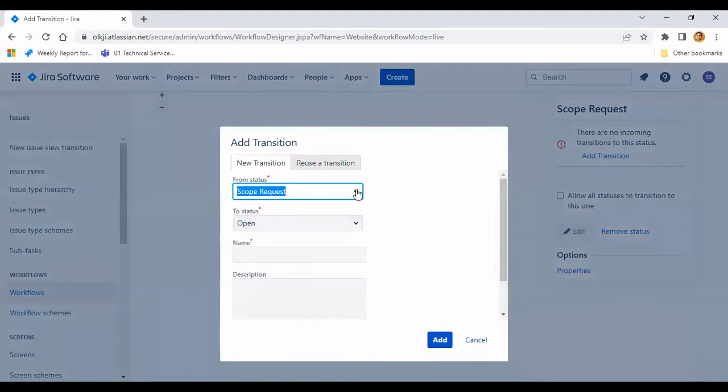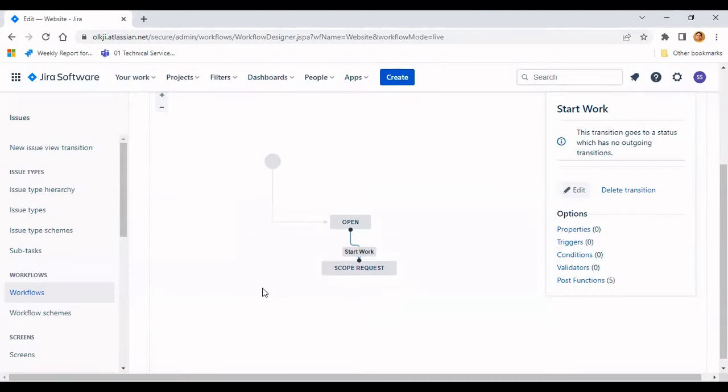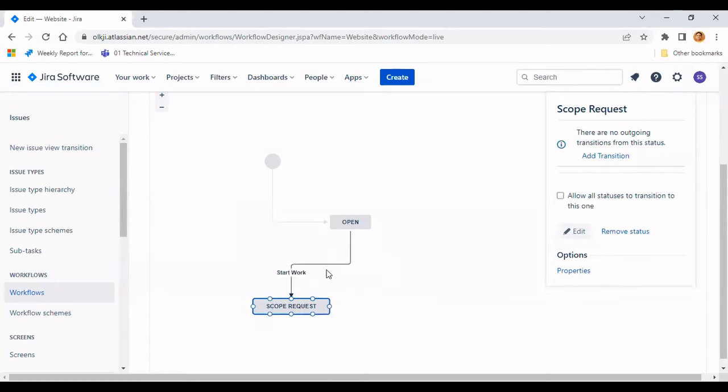with this. So basically open to scope request, and if you remember, the transition is the start work, right? So we'll put start work and add. So now you can see over here we have start work as a transition and then open.